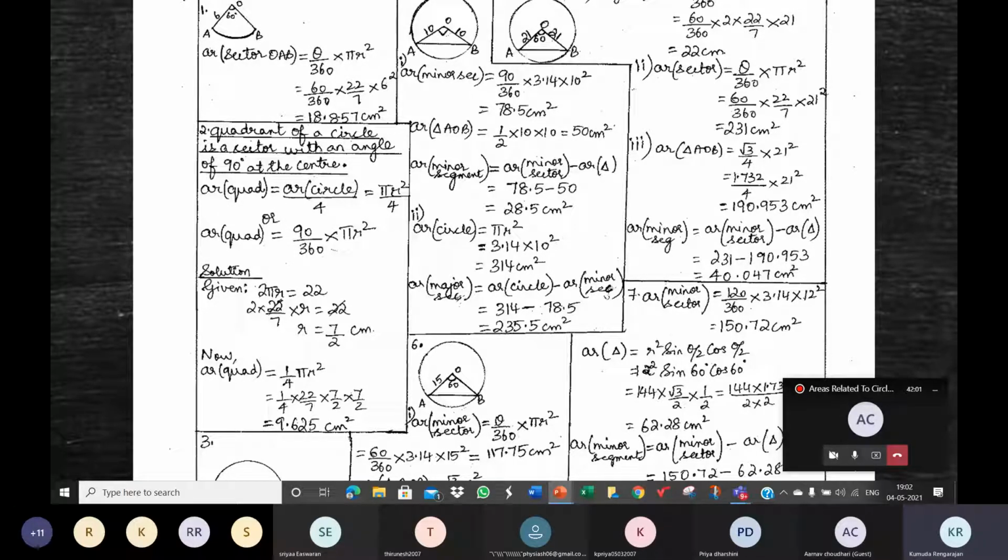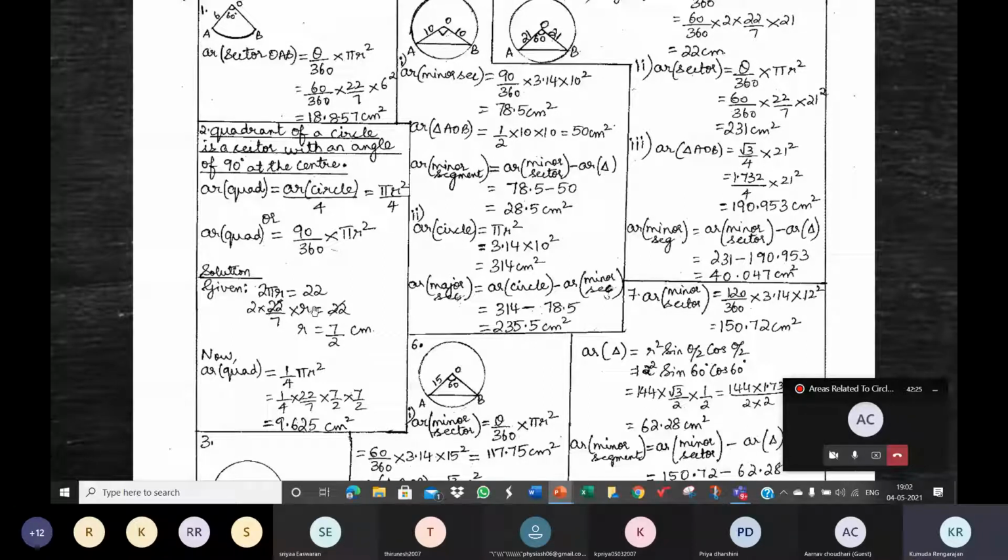In the first question, the radius was given straight away. So here the radius is not given. Instead, the circumference is given, and using the circumference, we will have to find the radius. That is why the circumference is given. The circumference of the circle is given to find the radius of the circle.